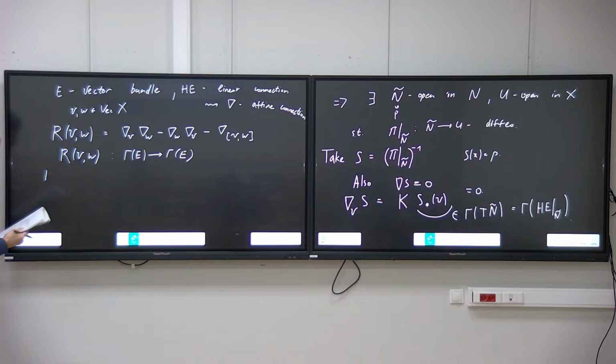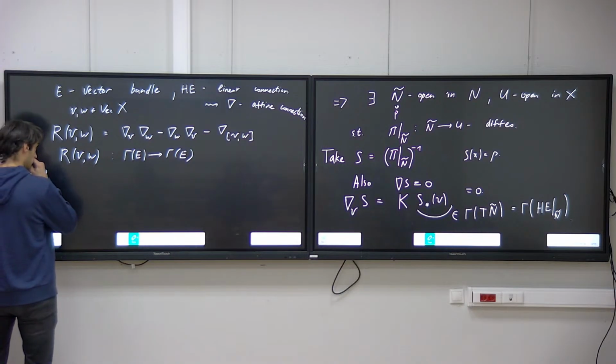Obviously, you can check that this is actually a tensor. So it is actually C infinity of X linear. You can just check it by hand, the same way as for torsion. Right, so I'm claiming that R